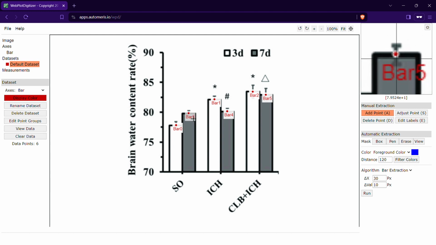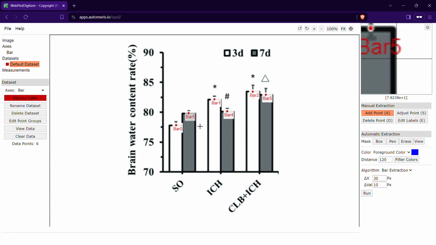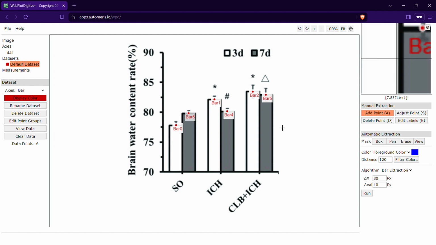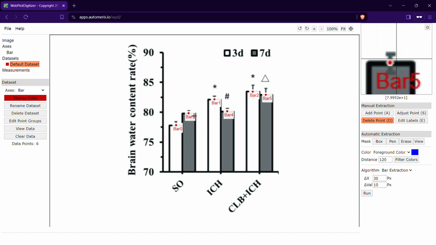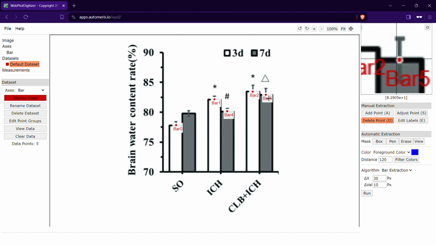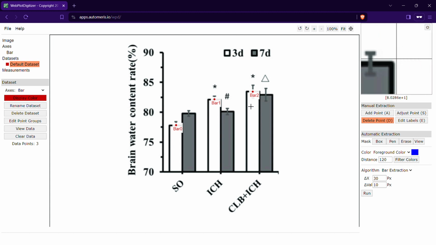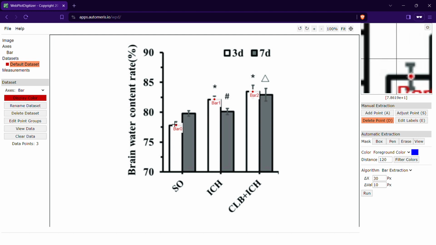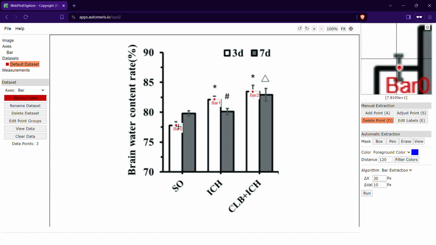Now just be careful because the labels could get a bit messy. It's quite an old software or a website to use, so for the sake of simplicity, I'm just going to delete those ones. Now, once you've done all the points on all the bar graphs that you want to examine,